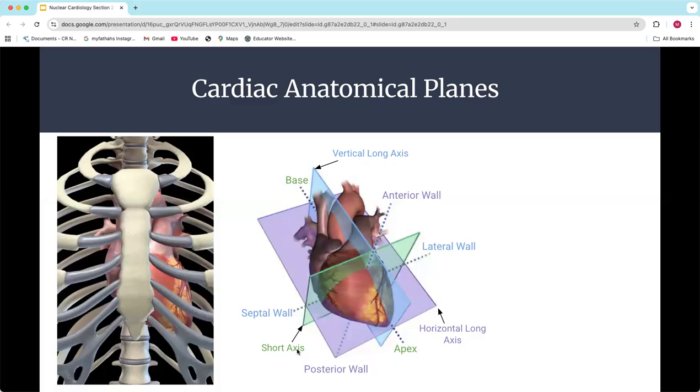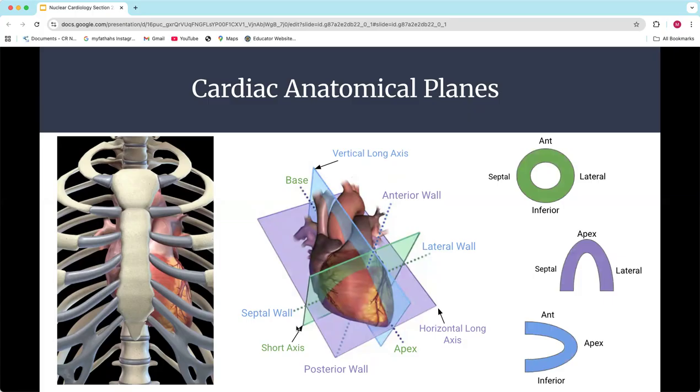The next separation, maybe I'll put this next picture on here too, so we can get what we're looking at. The next separation is going to be your vertical long axis. This vertical long axis is going to slice from the lateral wall to the septal wall. Now, I could have said lateral to medial. Notice I didn't do that because, again, we're talking about the left ventricle. We're going to talk about our lateral wall and our septal wall. If we went past the septal wall, then we're into the right ventricle, and that could be a totally different way of describing that. So lateral wall to septal wall.